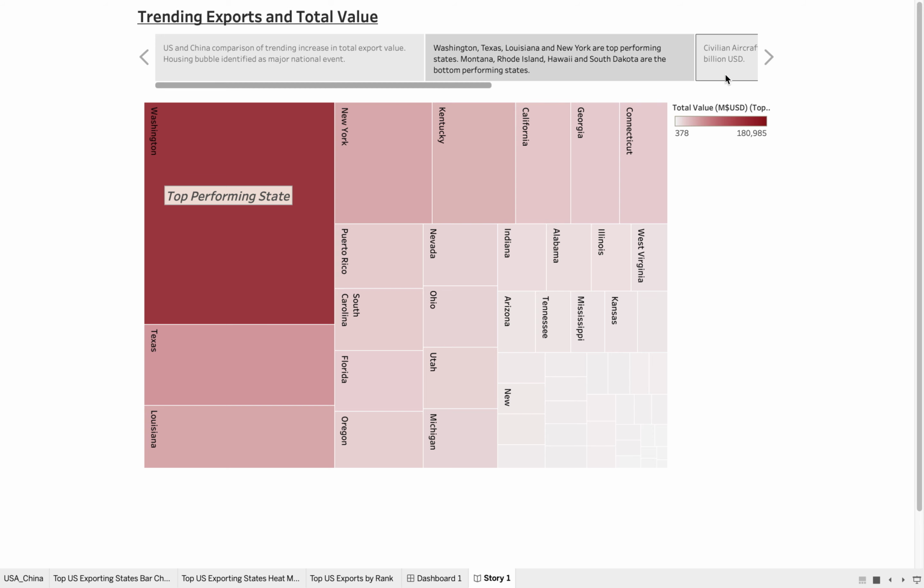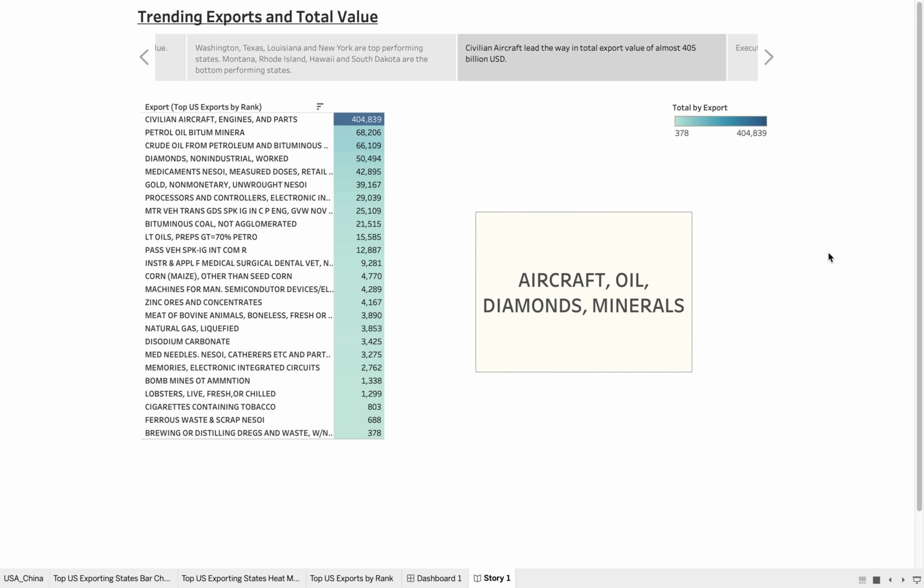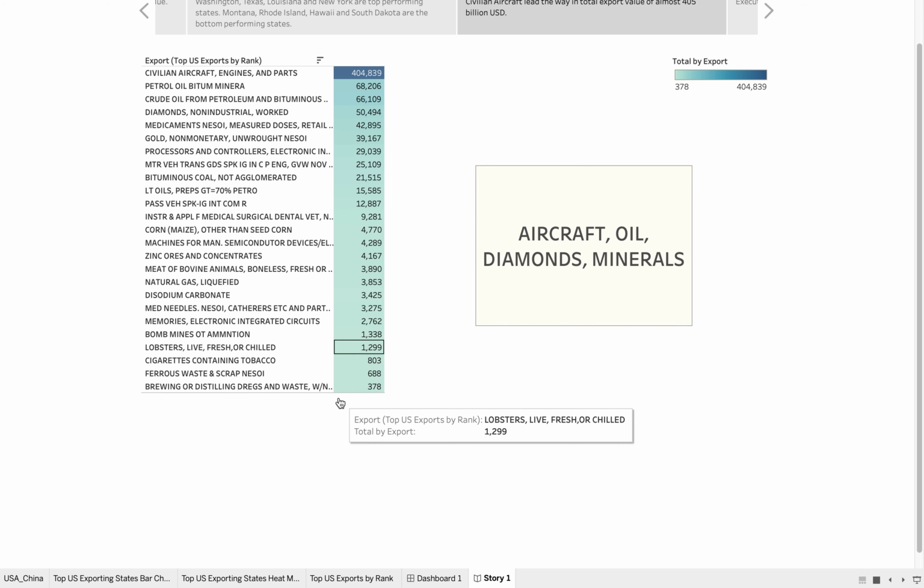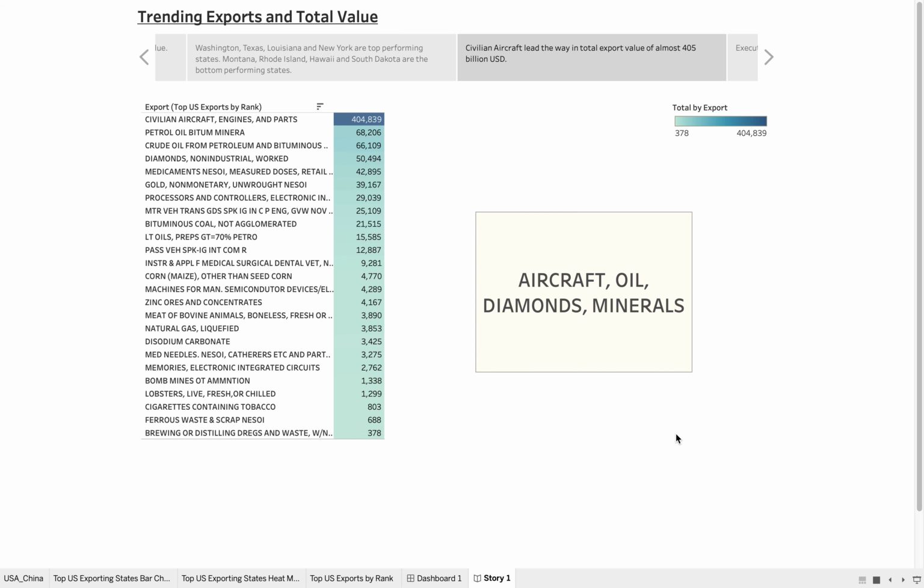To my comment earlier about analyzing the top exports, surprisingly enough, one of the major exports of the U.S. is civilian aircraft engines and parts. Looking at this data from the Census Bureau, they have a number of codes associated with each export. These are listed here in this table. That was one of the easier ways for me to represent this information, because some of the nomenclature was pretty lengthy when I put it on a graph.